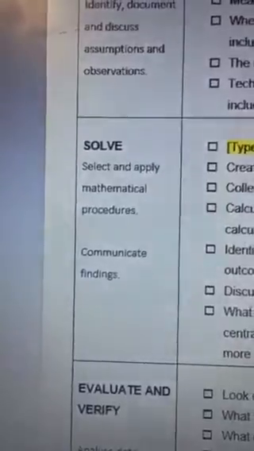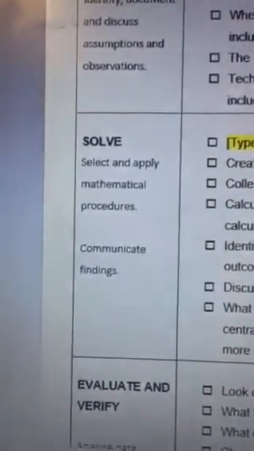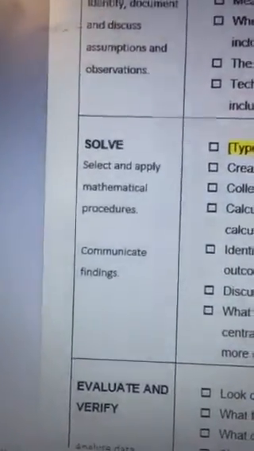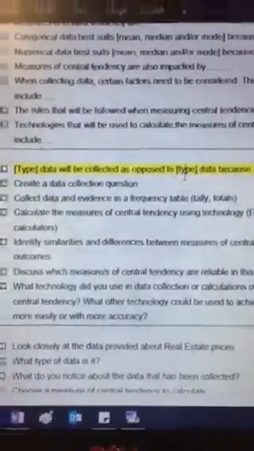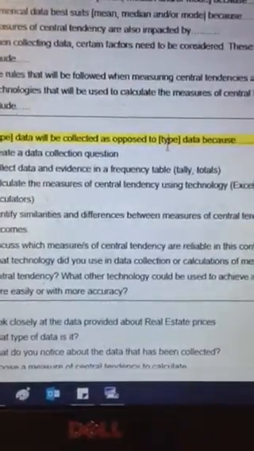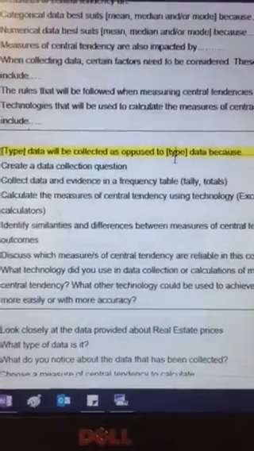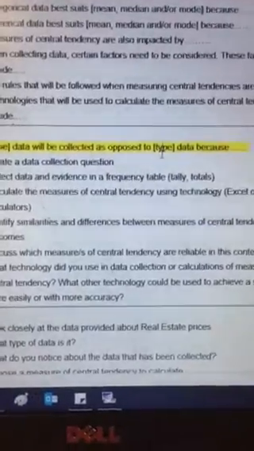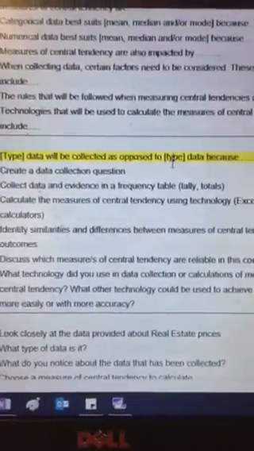This video is discussing the solve section of your report. The first sentence you should be starting with in this section is knowing that you are collecting numerical data as opposed to categorical data,